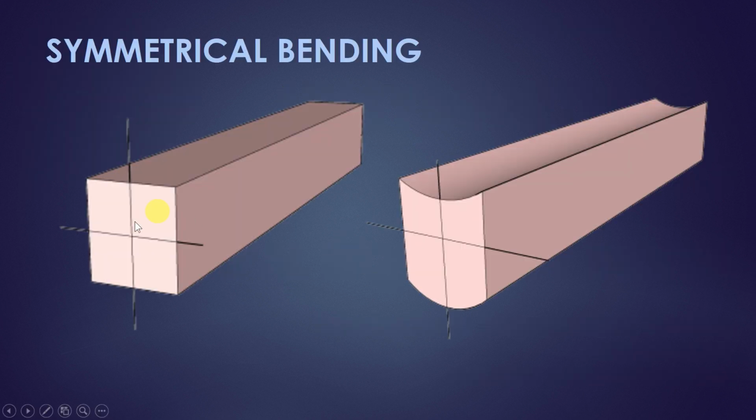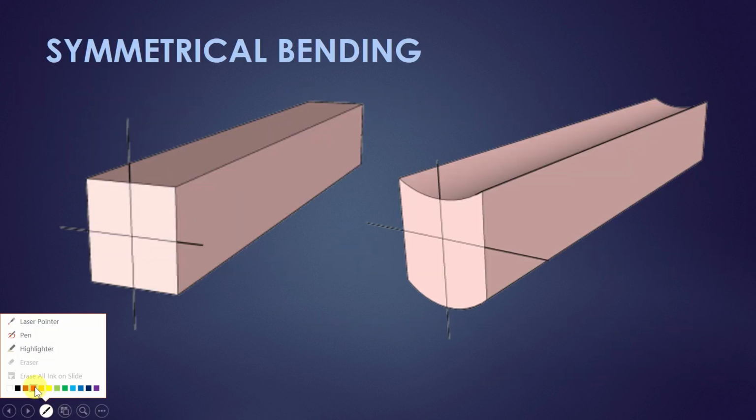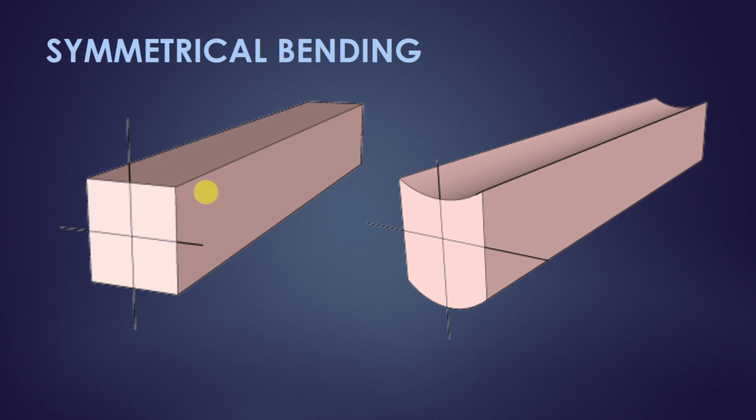So let us see symmetrical bending. You might have seen already in your lower semesters that this is a symmetrical section, rectangular section. That is nothing but symmetric. The word is nothing but when you draw an axis, y-axis or x-axis, the left side of the section will be like a mirror image of the right side section. That is nothing but the section is symmetrical about y-axis. Similarly for x-axis too.